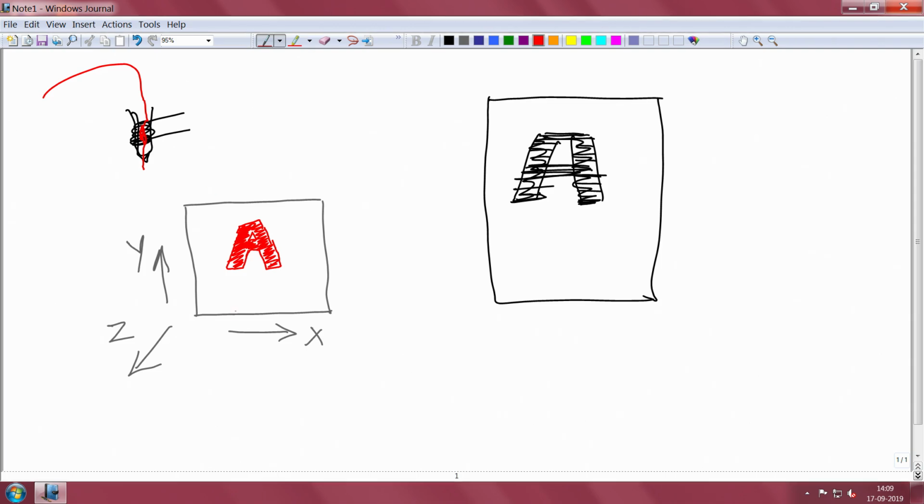The nozzle will move in x and y axis, deposit material like this, and then the build plate will move far away from the nozzle, or the nozzle will move far away from the build plate. Both are possible in FDM 3D printers. I will show both types of FDM 3D printers in a next video. Here the build plate will move away from the nozzle, and then again it will deposit the same material.